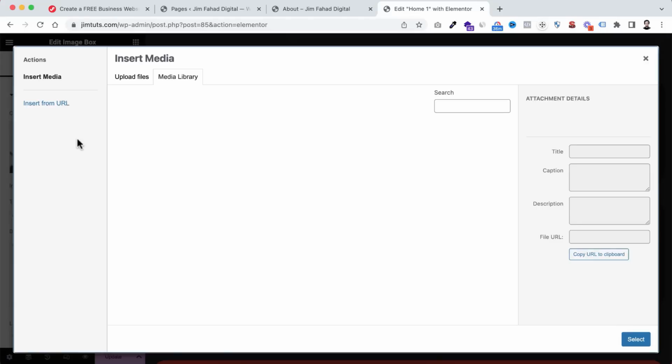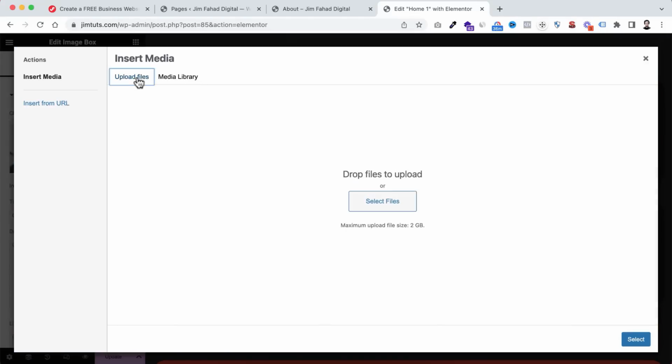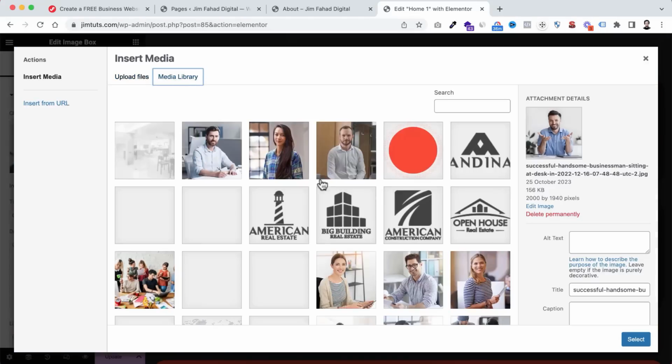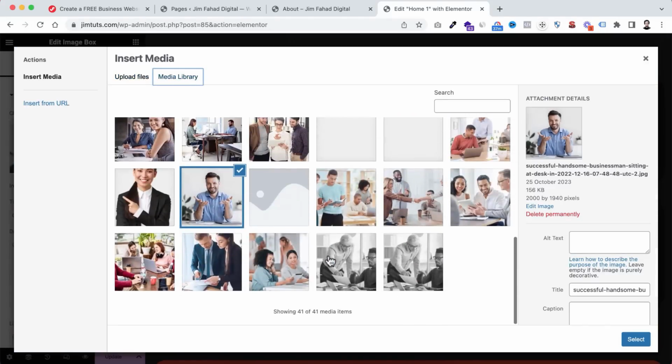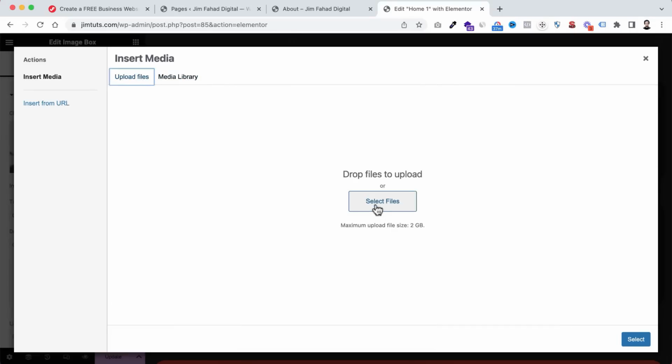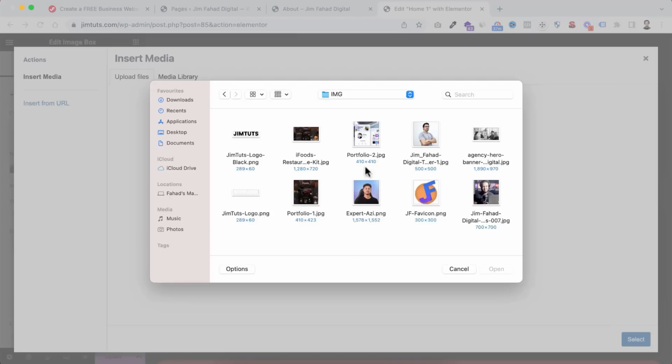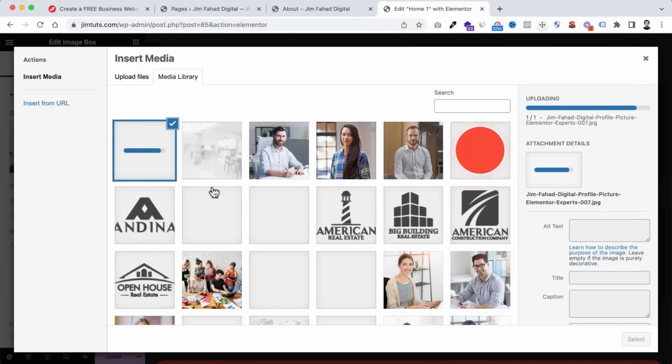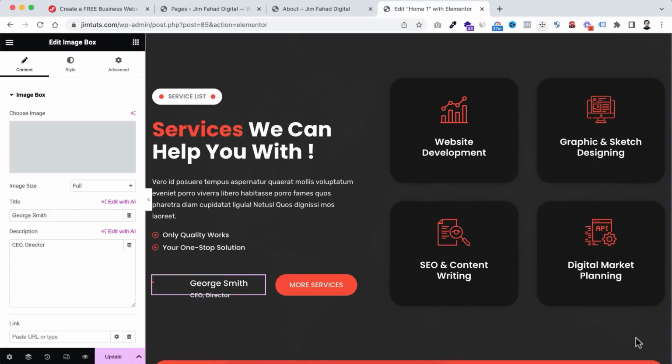So just click on this choose image, click on upload files. By the way, under media library you can see all the images as we have imported the kit. So these images came with the kit import. Okay, so just go to upload files, click on select files. So from our images folder I just wanna select one of my images. So click on open. So here just wait a little, here is my image, click on select, and here we